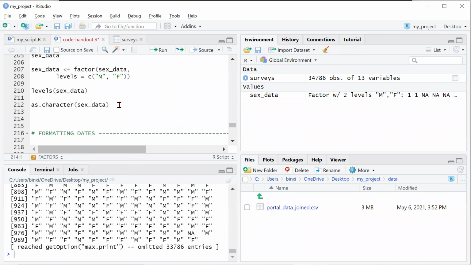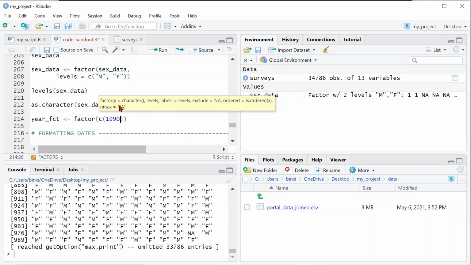To convert factors to numbers is a little more tricky. First, you would need to convert the factors to characters and then to numbers. So let's do an example. Let's create a new object called year_FCT for factor, with the assignment operator, and then we use the factor function that we used previously to create a new factor. And remember, when you specify more than one element, we need to use the concatenate function. So we type c and the brackets, and inside let's use